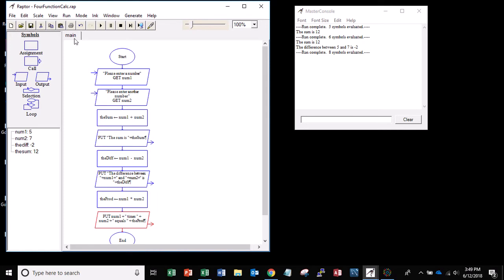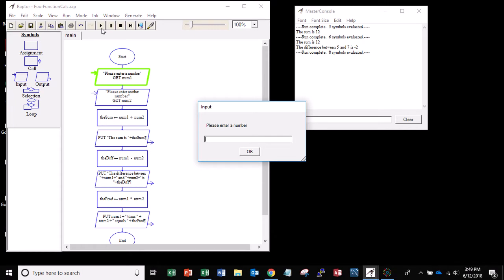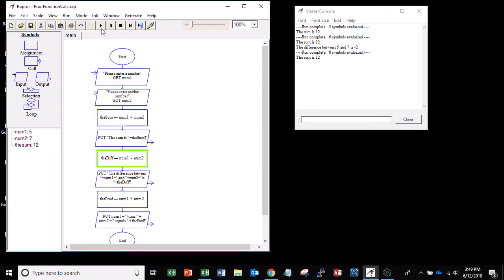Save, run, test it again. 5 and 7. And let's let this go through. So the sum is 12, the difference is -2. 5 times 7 equals 35. That looks good. And finally, the last thing that we want to do is get our